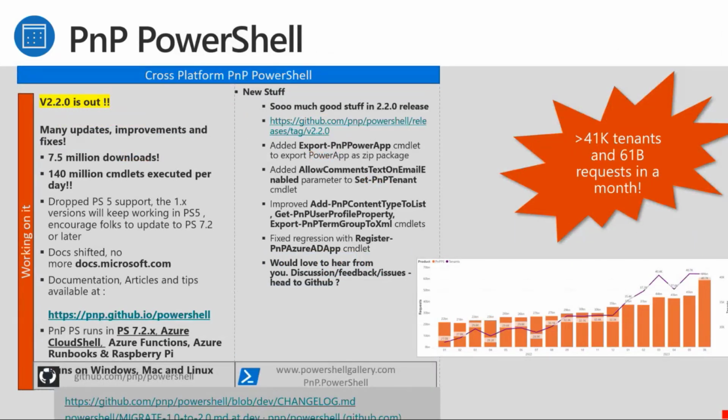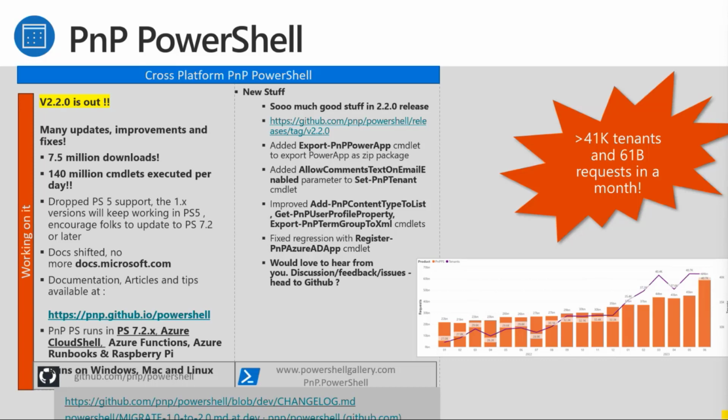Thanks, David. Thanks, Bert. PnP PowerShell is a PowerShell module that you can use to interact with various Microsoft 365 services like Azure AD, Teams, SharePoint, Power Platform, and so much more. So the latest version is 2.2.0, which came out a couple of weeks back. And what we have done in the past couple of weeks is we added a new cmdlet, which is called Export-PnPPowerApp. So you can use that to export a Power App as a zip package and download